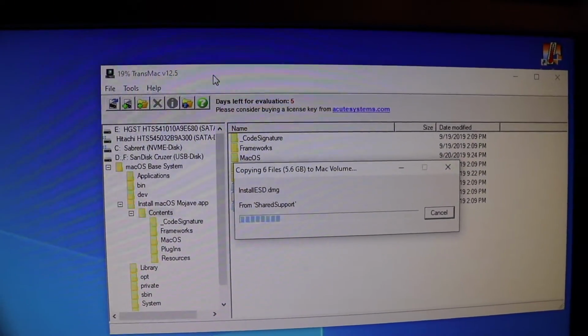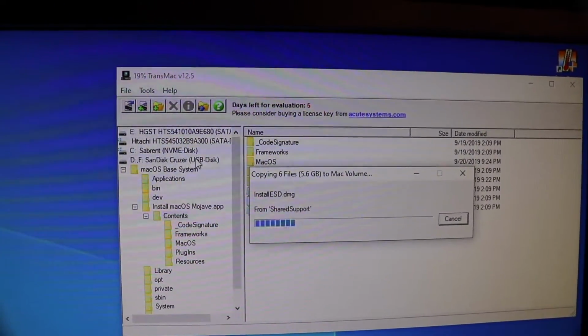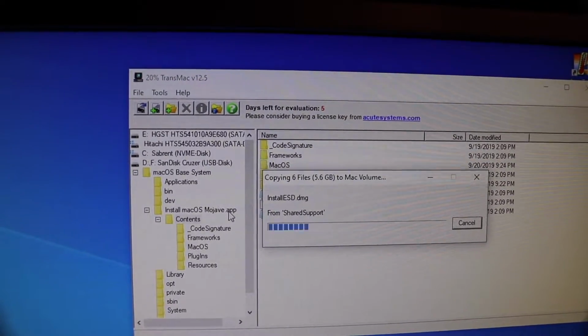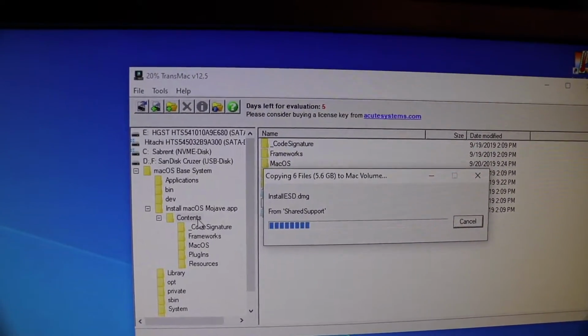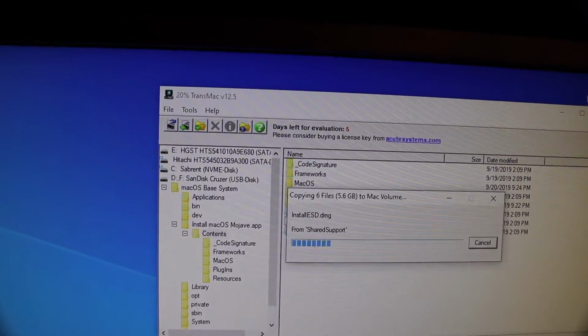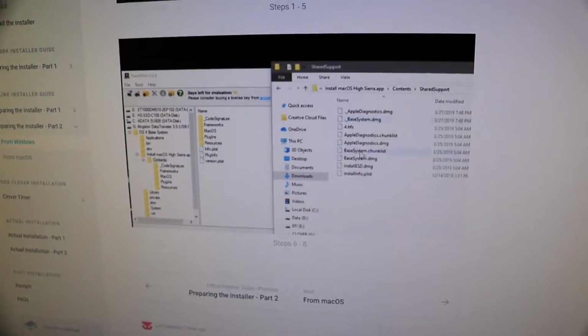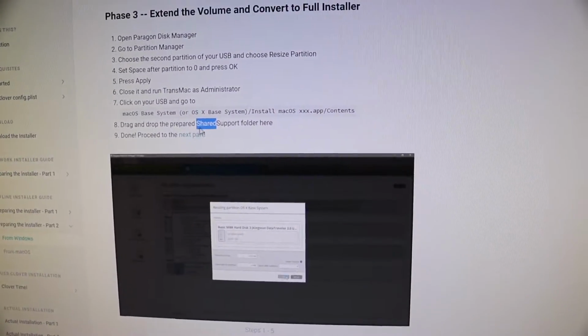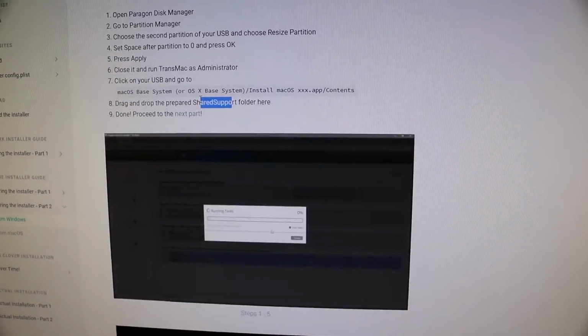So you need to have Transmac open. You're gonna go into your USB and then base system, install the app, contents. Within contents, you're gonna drag and drop the shared support file. This whole GIF thing here is ridiculously fast. That's one part that kind of screwed me up. The shared support folder,